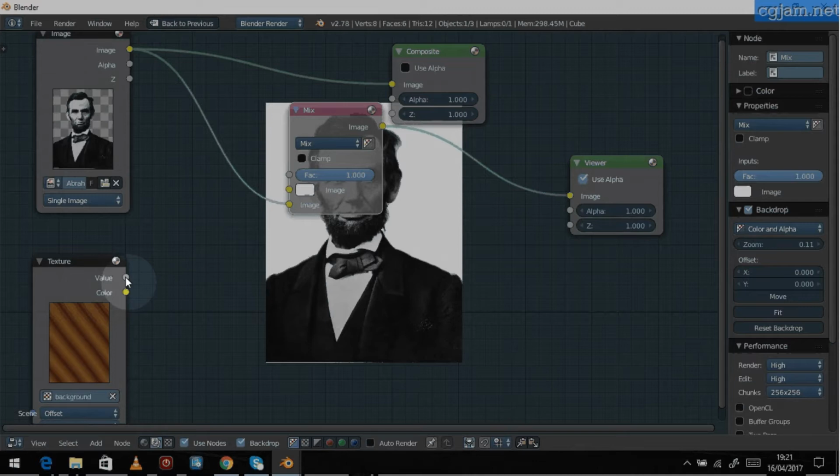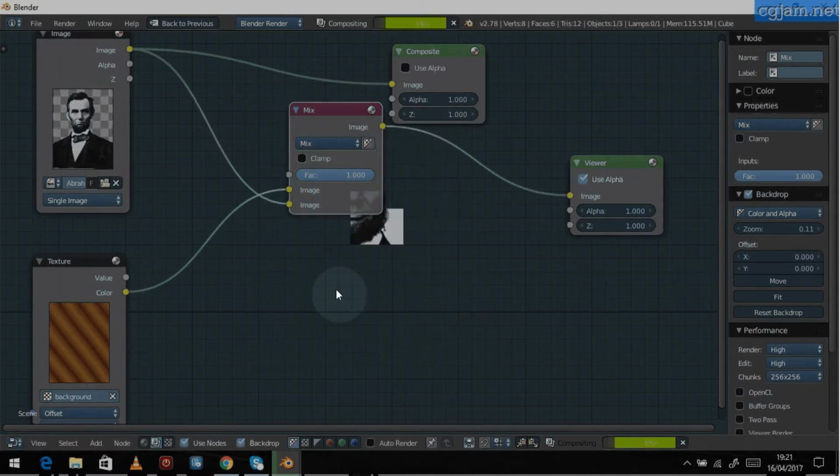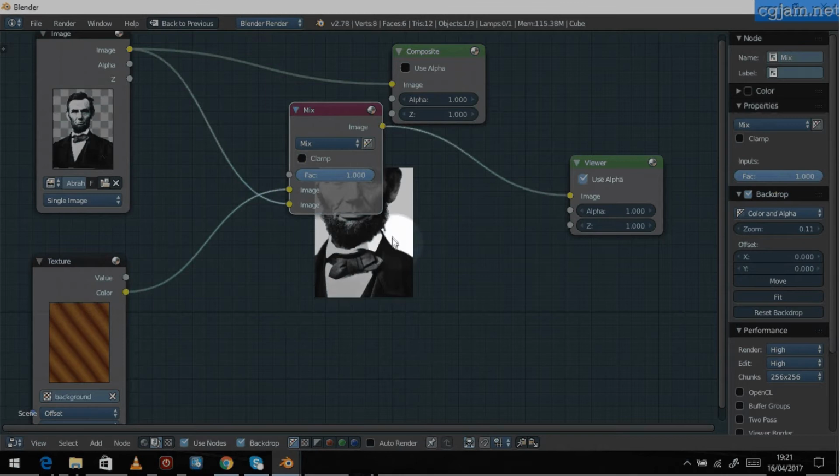Now we need the texture to be in the background, so we don't want the value, we want the colour. So we put that in the top slot, and you see it all goes slightly wrong, and the reason for that is because our scale is at 50%, so it's trying to fit the image into the same texture size as the texture. So we need to adjust that, and we can simply do that with a texture with a distort